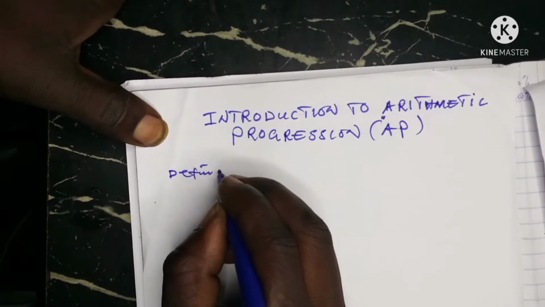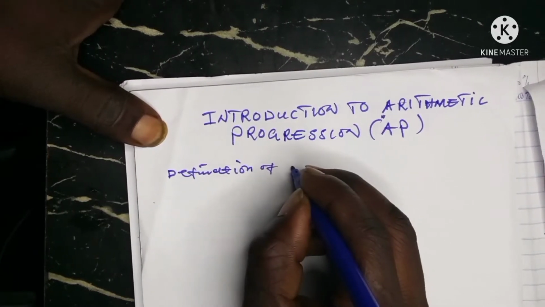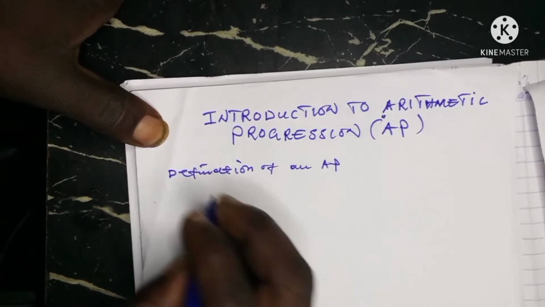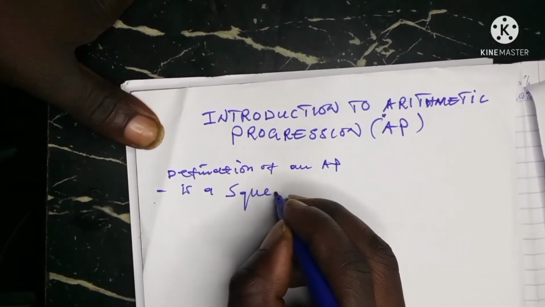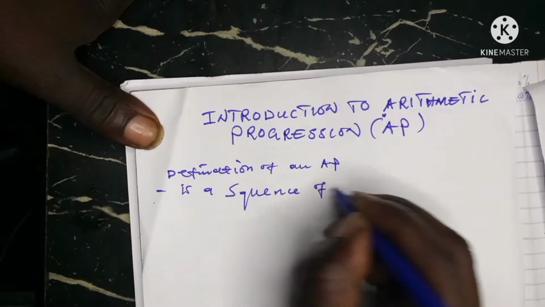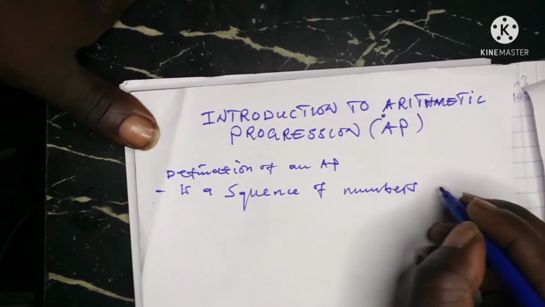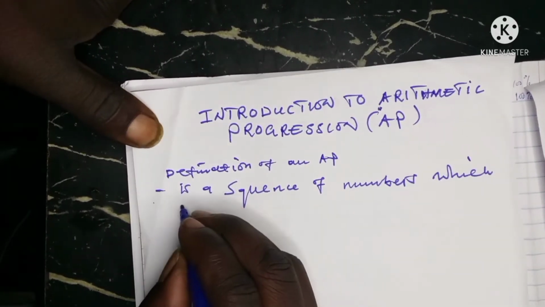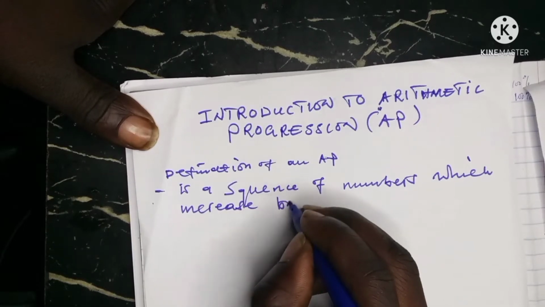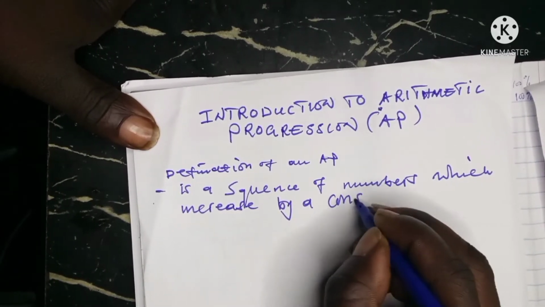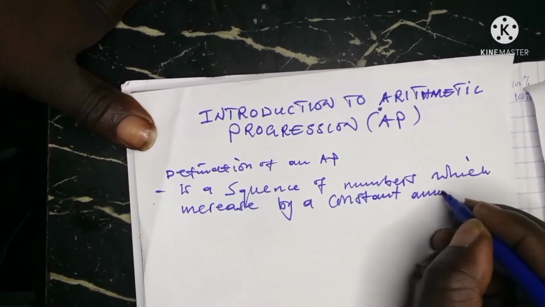So the definition of an AP is a sequence of numbers which increases by a constant amount,